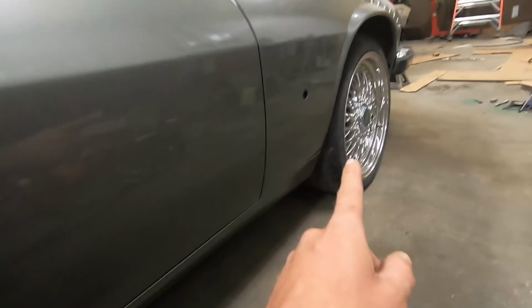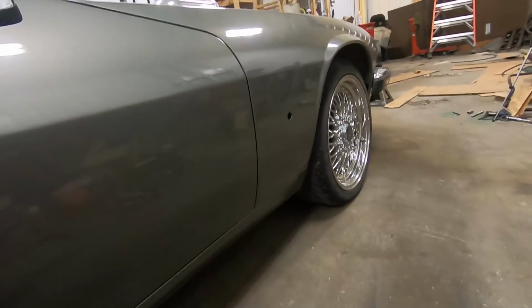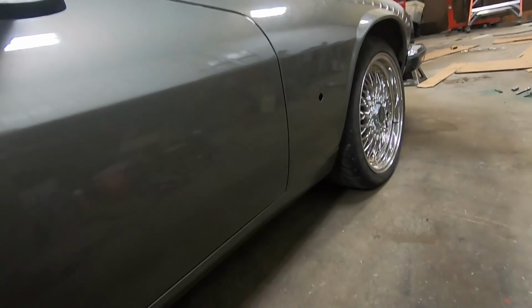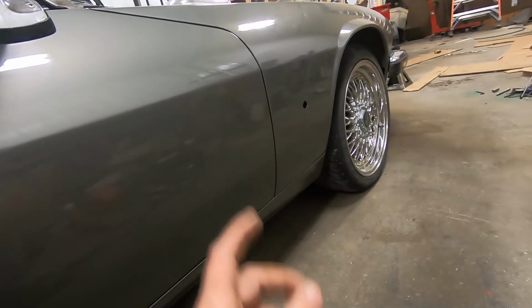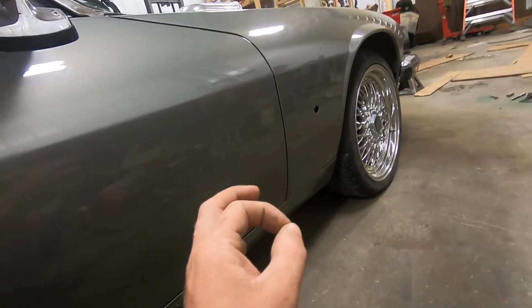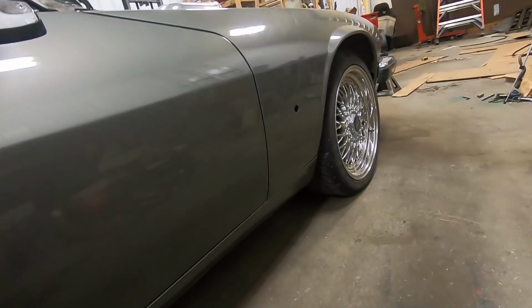The other change which I worked on here last weekend is I did a more performance orientated alignment on it. I gave it a little bit of camber, a little bit of toe in, and just driving it on the street, the steering is much more responsive now. The steering was always pretty vague on this car. The steering inputs are a lot crisper, a lot cleaner, feel a lot better now,